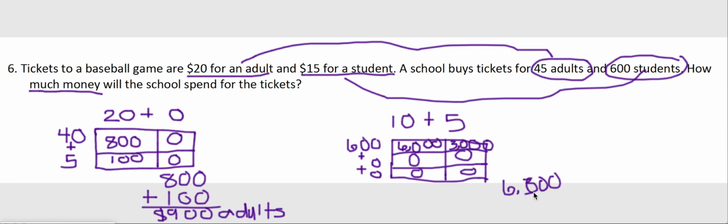So I'm going to have 6,000, plus 3,000. And I know that that is going to give me 9,000. And I'm remembering again that that is in dollars. So my last step, since I'm looking for how much money in all the school is going to spend for the tickets, I'm going to have to add that 9,000 that's represented by my students